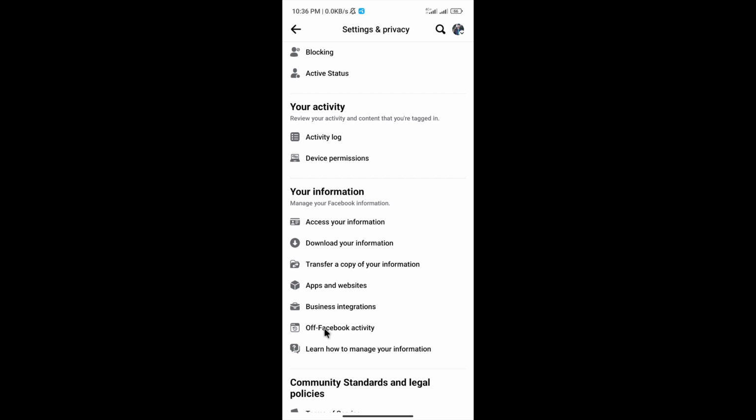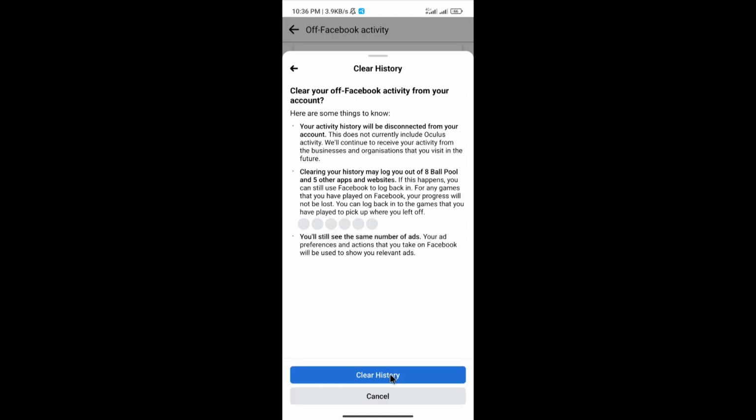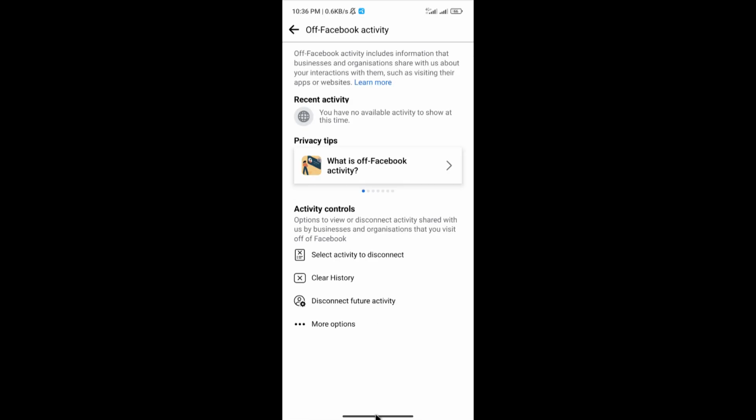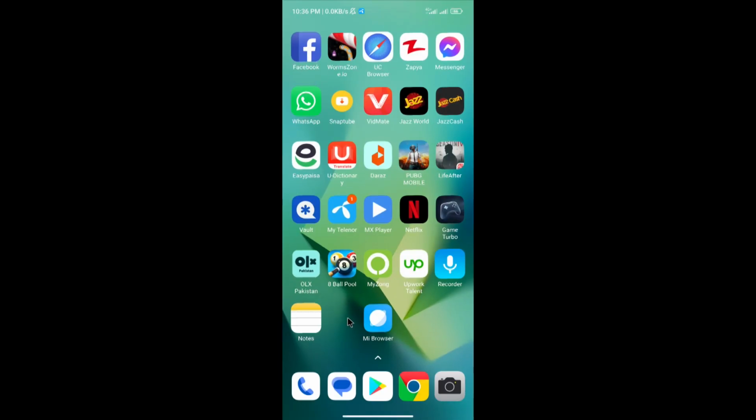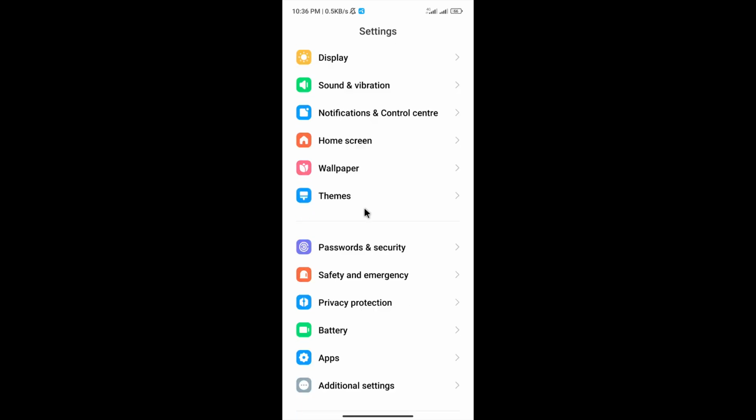Tap on this option, scroll it down and simply tap on this option, clear history, and again tap on clear history. After clearing the history, simply close the Facebook app, open your mobile phone settings, scroll it down and tap